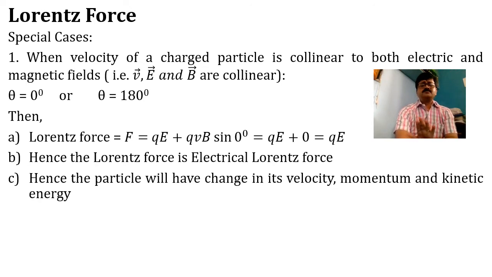Understood, no? Because under the effect of a magnetic field, we have seen in my previous session that the particle will execute a uniform circular motion, whereas under the electric field, the particle will have a change in the direction of velocity, and hence there will be an acceleration, and the path followed will be a parabolic path. Remember that. Since charge Q is moving along the electric field or along the magnetic field, the magnetic force is 0, and since it is moving along the electric field, the charge will experience a force due to the electric field.